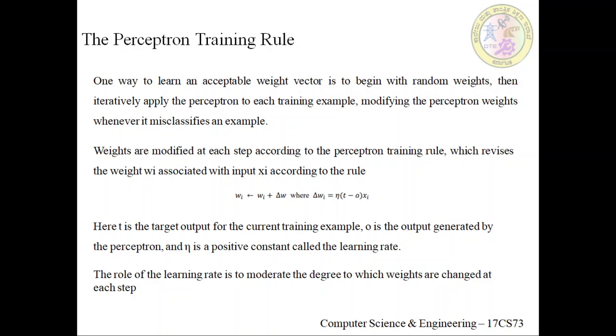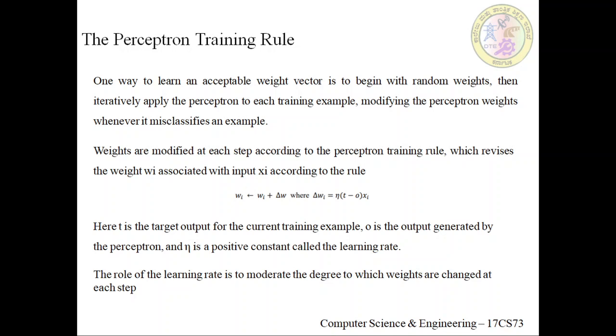Various algorithms are known to solve this problem. However, there are two major solutions that can be considered in this case. One is called the perceptron rule, and the other is called the delta rule. These two algorithms are guaranteed to converge to somewhat different acceptable hypotheses under somewhat different conditions. They are important to artificial neural networks because they provide the basis for learning networks of many units.